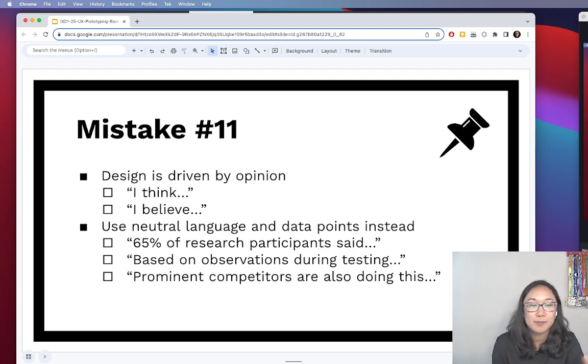X percentage of research participants said that they expected, on the home screen, to be able to call emergency services. Therefore, that's why the button is on the home screen. So that's a slam dunk, right? You have the research data, you've cited that it's research that you've conducted, and you've given a figure. So it gives the person who's evaluating your app design